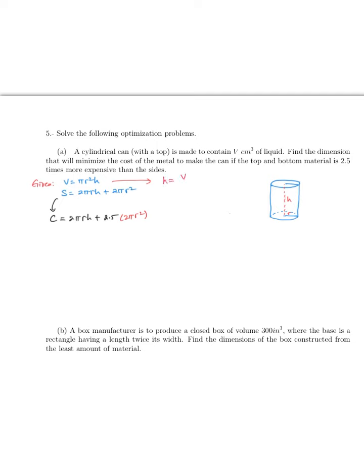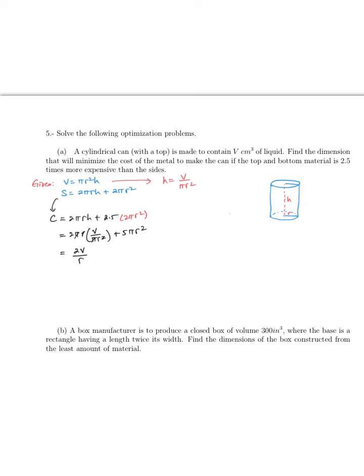H is going to be the volume divided by pi r squared. So if you enter that in here, this will be 2 pi r times V over pi r squared, and then plus 5 pi r squared. Before we take the derivative, notice that you can simplify this more. This will cancel 1 r and the pi's will cancel, so this will be 2V